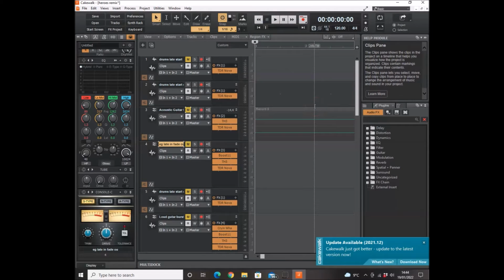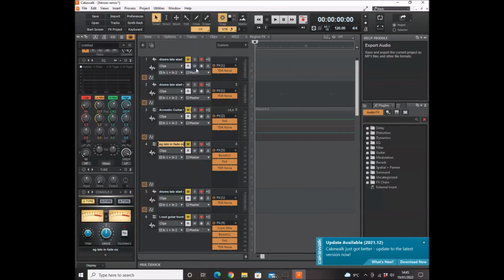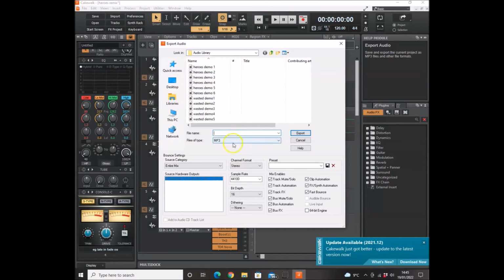So basically, started off with hand claps and tambourine and drums. Later on I edit the drums out, but I'll go over that later on. And acoustic guitar. Once I'd done that, I came over to File and then exported. So I went to Export, exported the audio as an MP3 file,